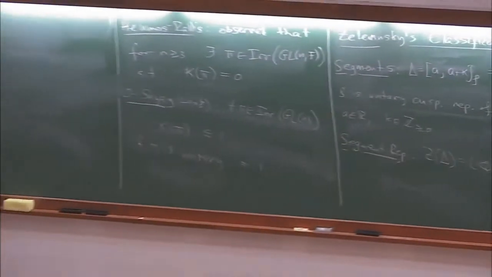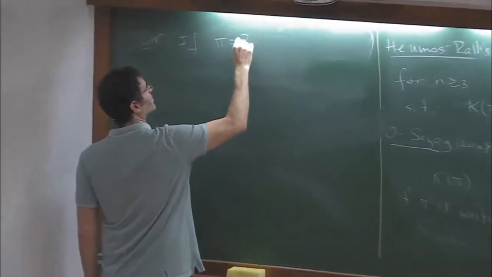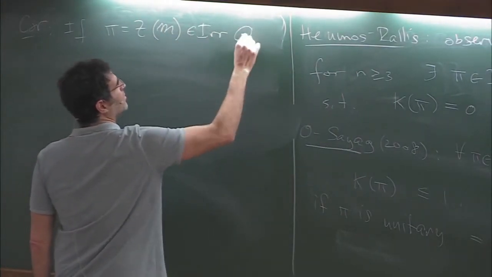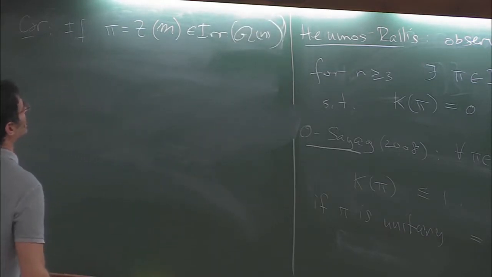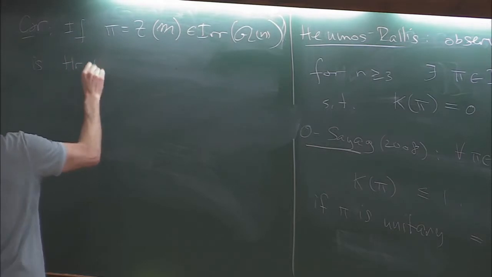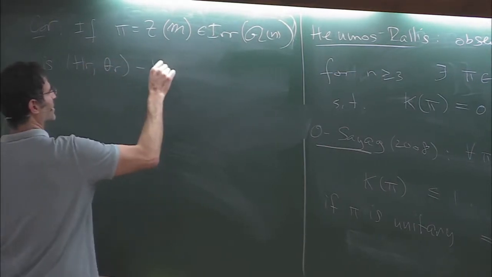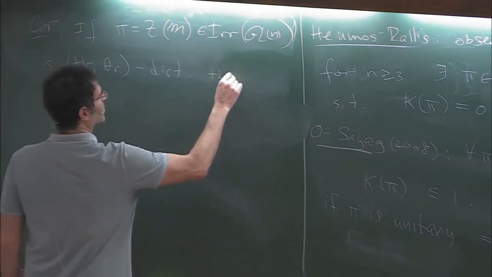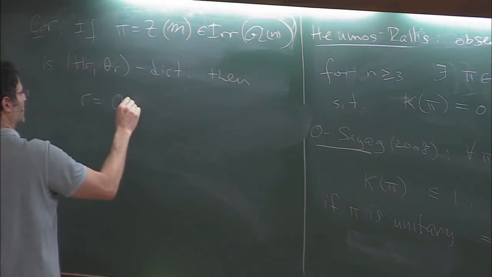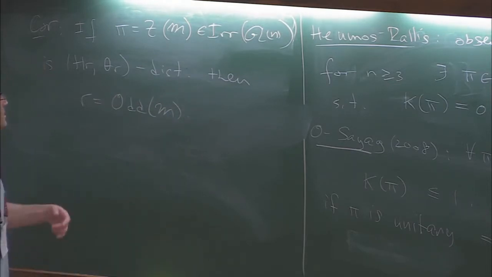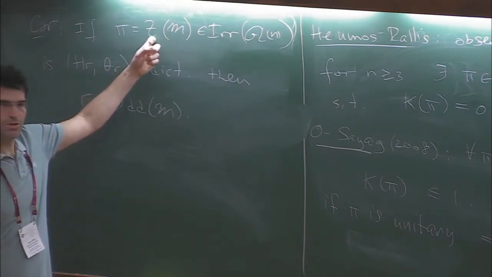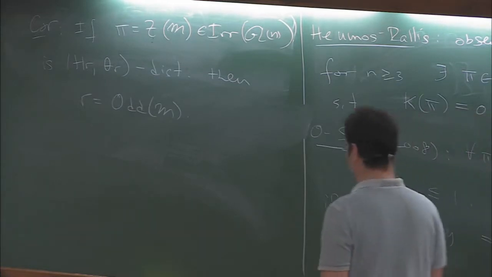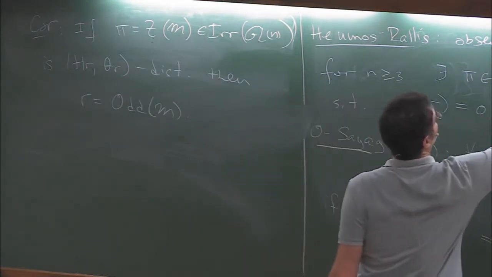with a corollary that if pi is any irreducible representation of GLN, which is H_R theta_R distinguished, so it has this Klyachko period, then we must have that R is the odd part of M. Because again, distinction of a quotient implies distinction of the Zelevinsky module. Okay,